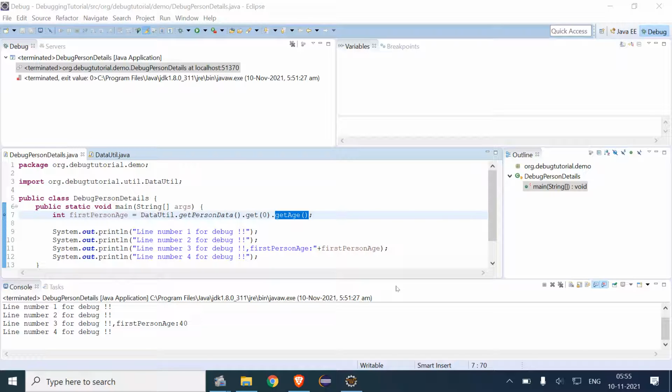Then we can use that, and the shortcut key for using that is Control plus Alt plus clicking the method to which we want to proceed.